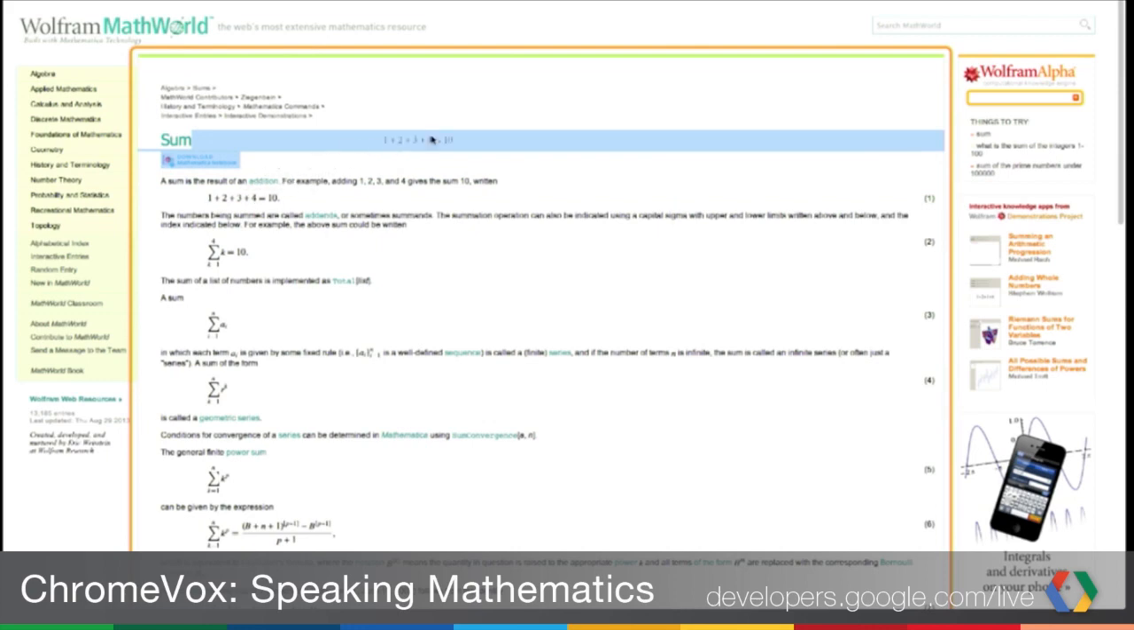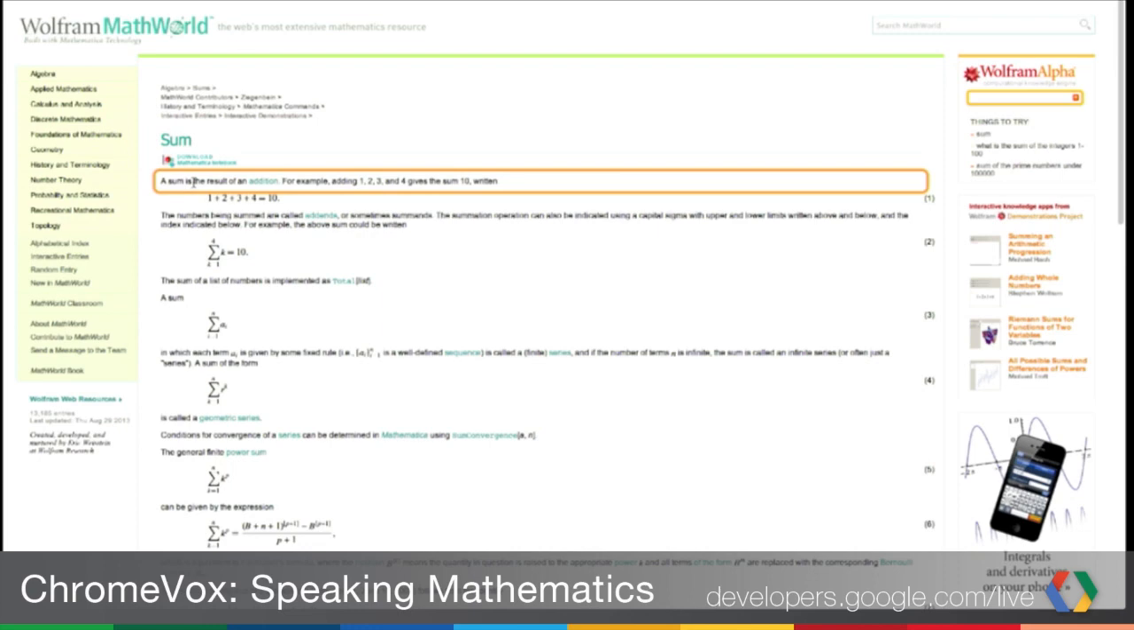Algebra greater than sums. I'll grab it quickly and I'll move them around. See, so this is an image, and I can take this sum and just move it around on the screen here. And all these are images. A sum is the result of an addition. For example, adding 1, 2, 3, and 4 gives the sum 10, written